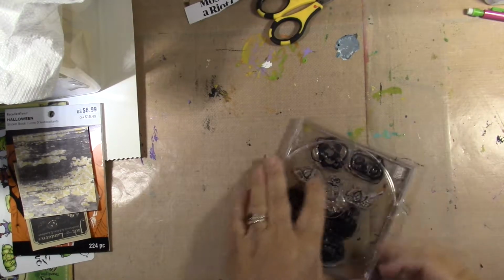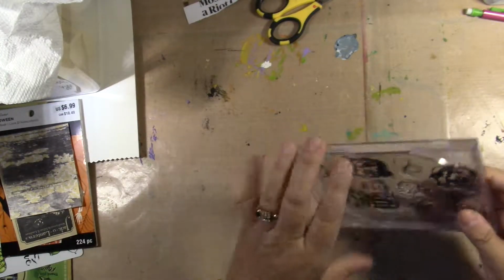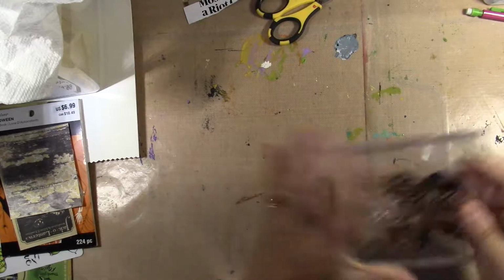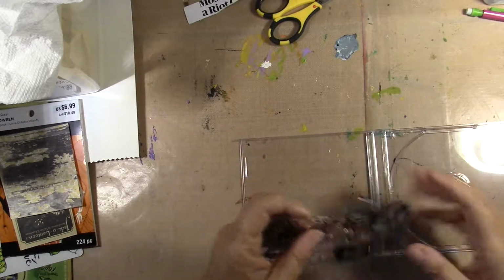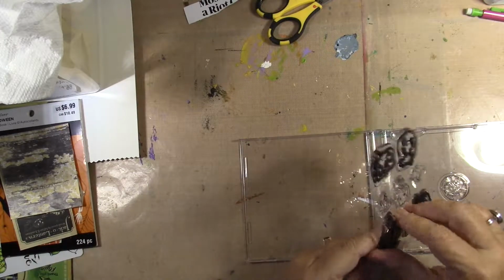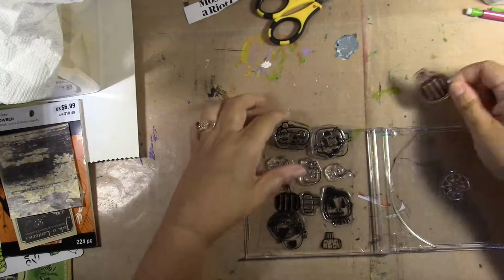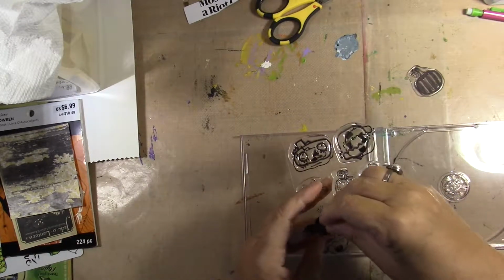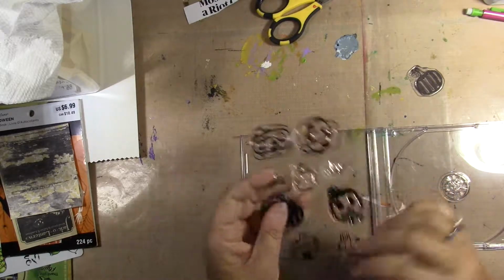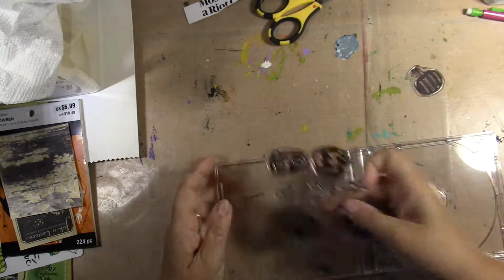Good morning. Welcome to the first day of Inktober. Now, I've already said, but I'm going to say it again, just in case. I am not doing Inktober with ink. I can't draw. I'm getting out a pumpkin, though. I can't draw. I can stamp. I'm going to do it in my style, which is like Smashbook meets collage meets...